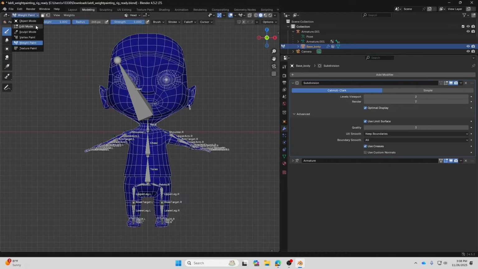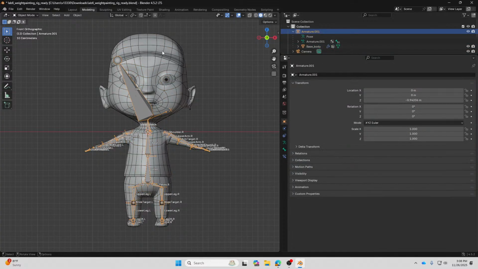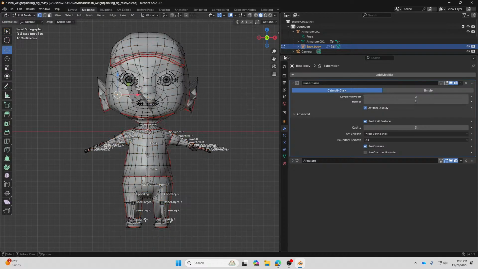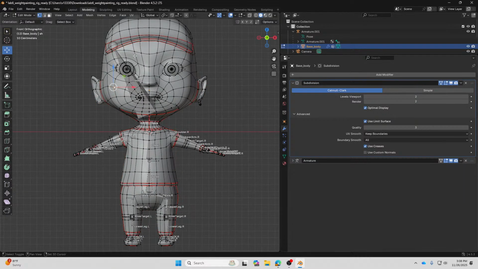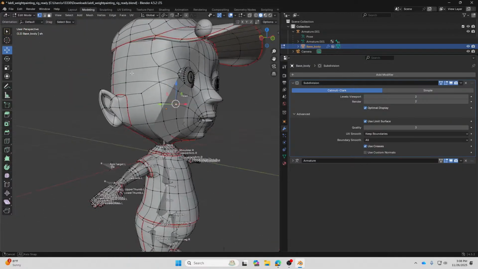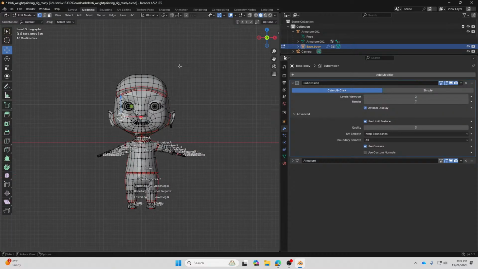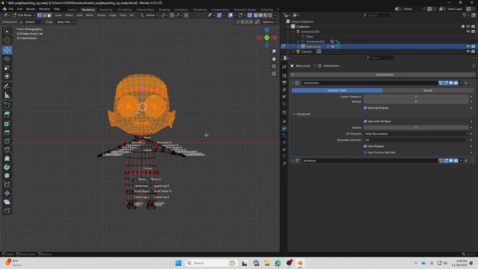The way you do it is you go to edit mode on the base body, and then you select the vertices, or the area of the mesh, that you want the bone to control. Alright, so you can turn on X-ray, for example, and then you do box select over here, the whole head.